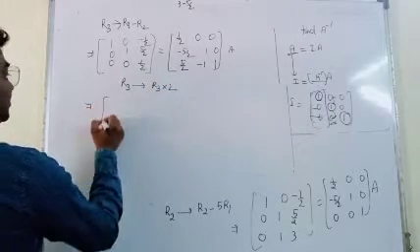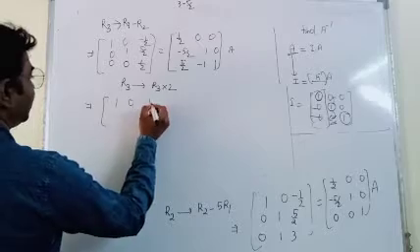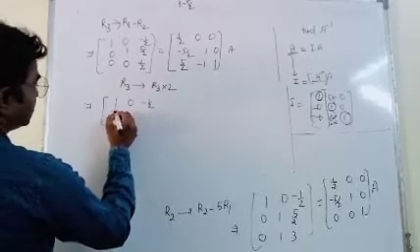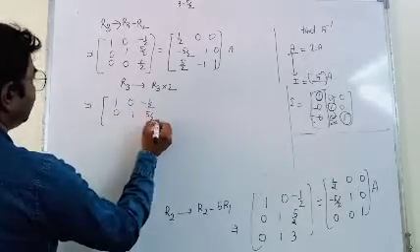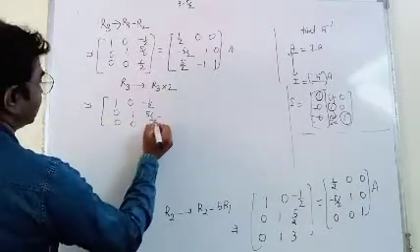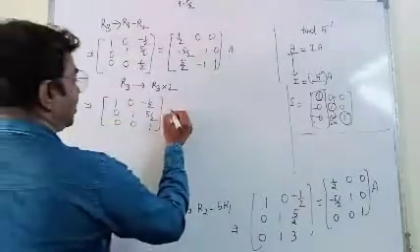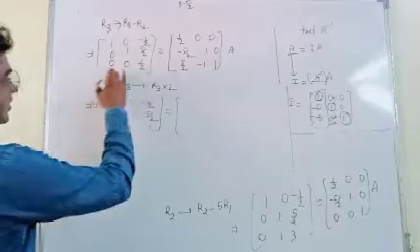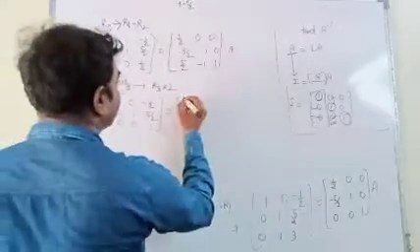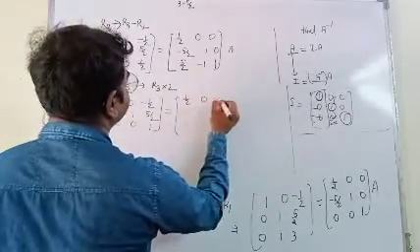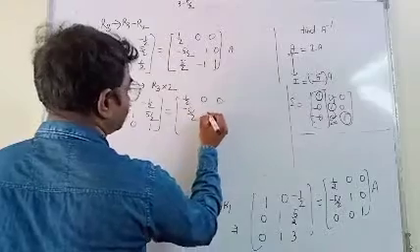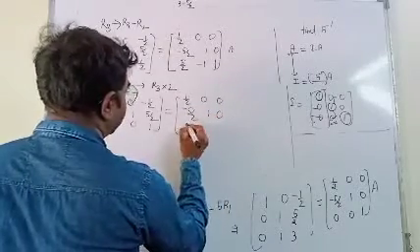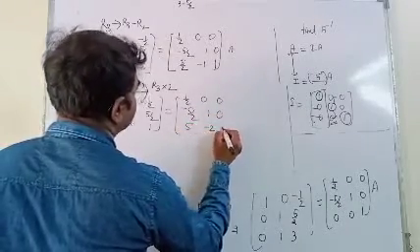So what will happen, this will be 1 0, 1 by 2 will be the same, 0 1 5 by 2 will be the same, 0 0 1, this will become 1 only. Now if you multiply the left part, the right hand part must also be multiplied by 2. So this will become 5 minus 2 and 2.